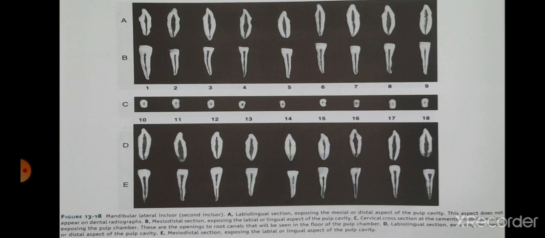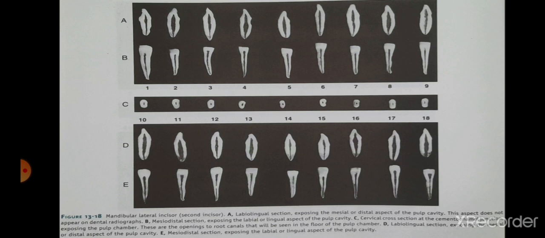The pulp canal may taper gently from the apex. You can see this in figure 13.18A 1, 2, 3, 4, 6, 7 and 9, D12 and 14 through 17, or it may narrow abruptly in the last 3 to 4 mm of the canal. This is evident in figure 13.18, A3, 5 and 8, D10 through 13.